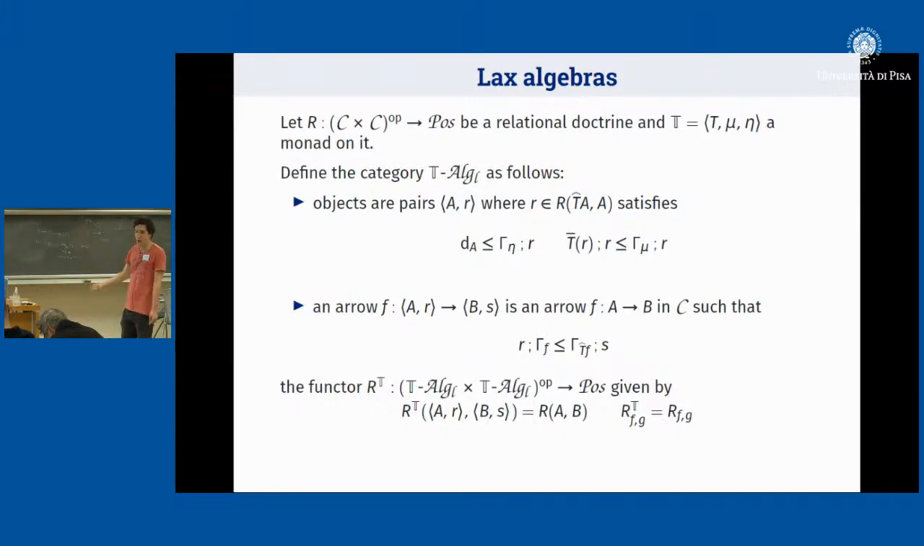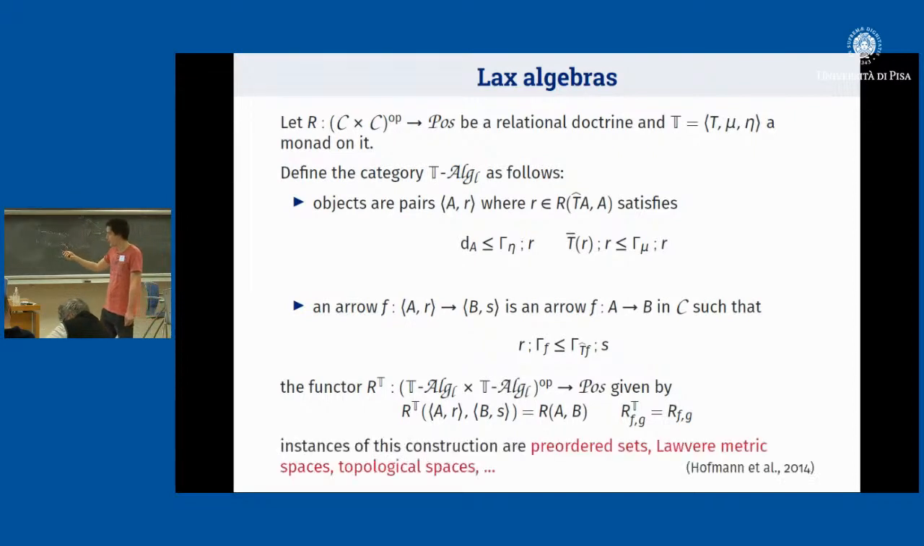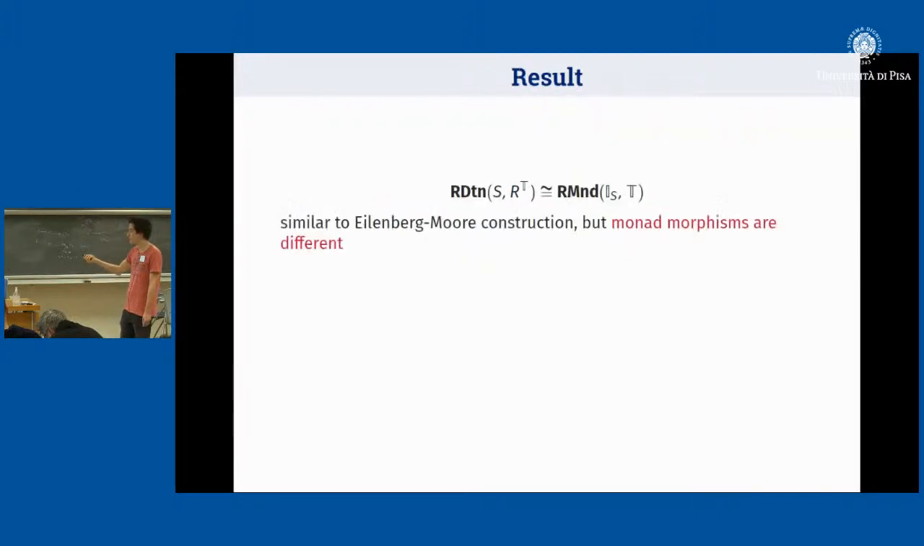And that's it. So the rest of the structure is the same as the original doctrine. And as people working on monoidal topology showed, these constructions cover many examples which are pretty usual in mathematics, like preordered sets, Lawvere metric spaces, topological spaces, and all this stuff are instances of this construction. And what we can prove is that this construction has a similar property to the Eilenberg-Moore construction,